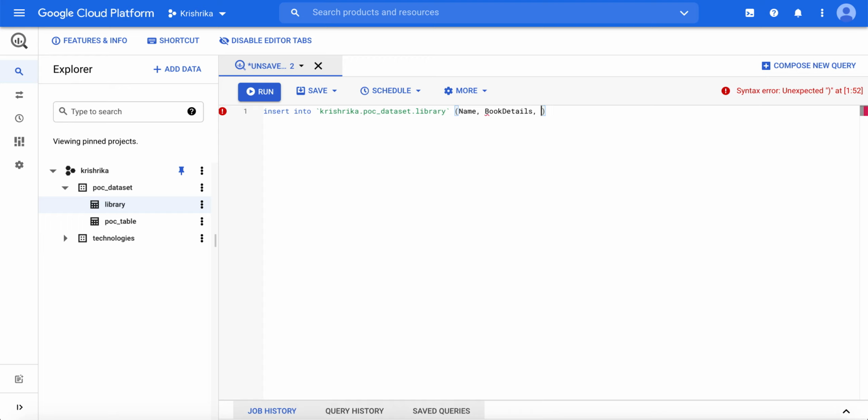Name, book details, and what was the third one? City. You just need to mention the main field names, so you don't need to mention all the nested fields before values. Now we will see how we can insert values.